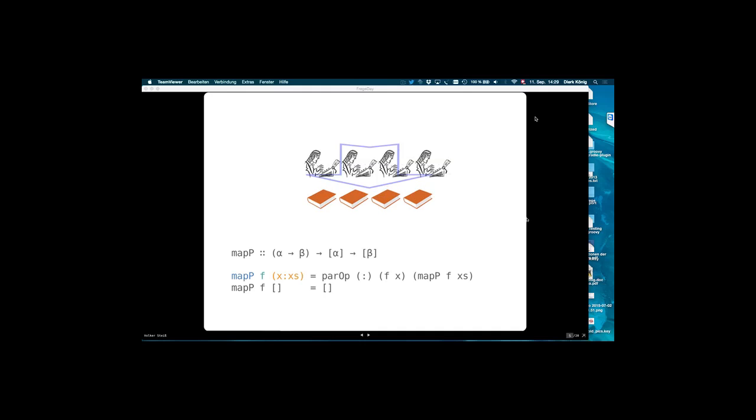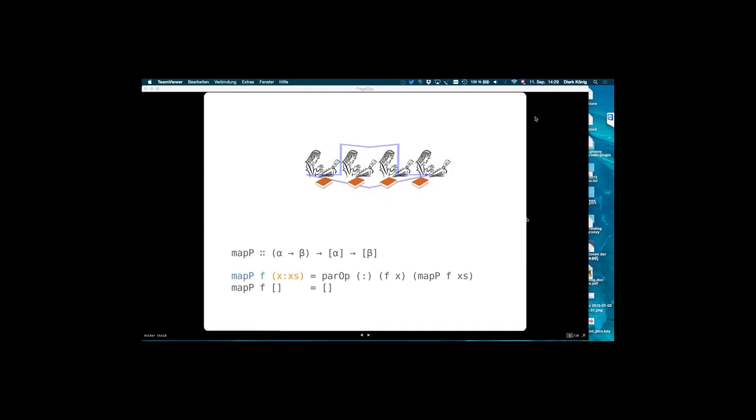I hope this helps. So we have par-op, which takes a function and two arguments for this function, and this par is another function that will finally call the primitive to put an